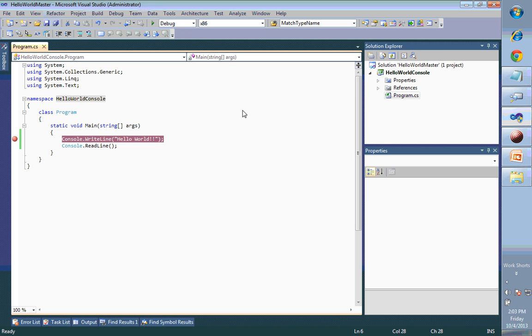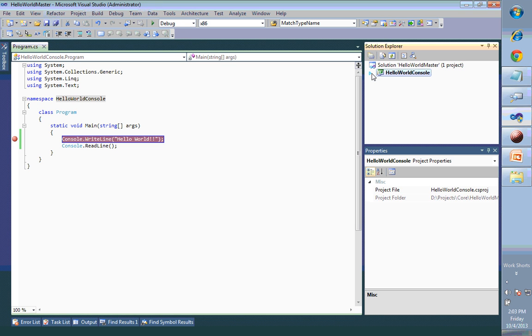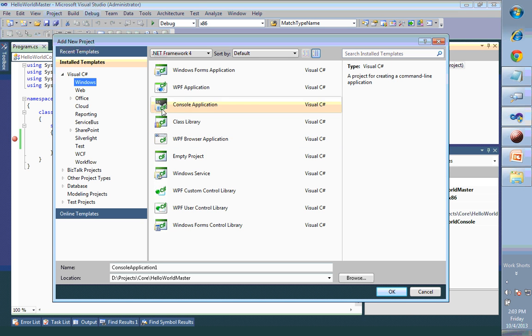Now let us go ahead and create another application, a simple Windows based application. In the previous one we have seen the character based user interface, like text coming into a black console screen, the old type of applications. Now we will create a Windows based application. For this, right click on the solution, go to add and select new project. This time we will select a different kind of project, Windows Forms Application, and let us call it